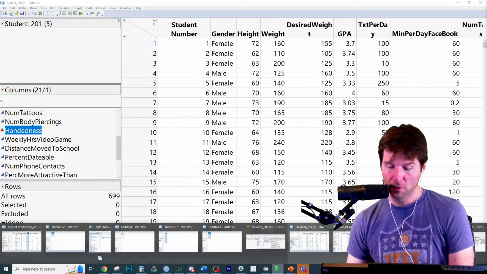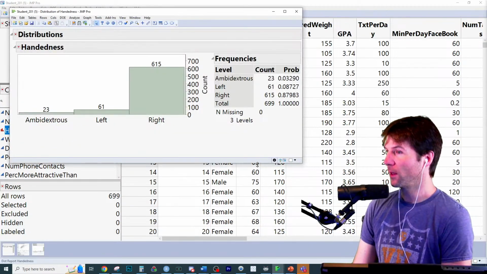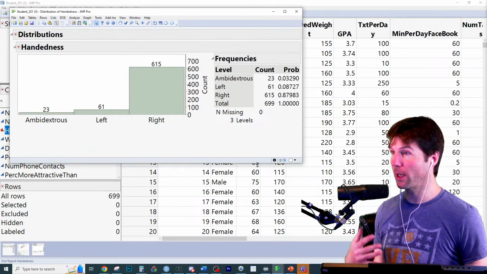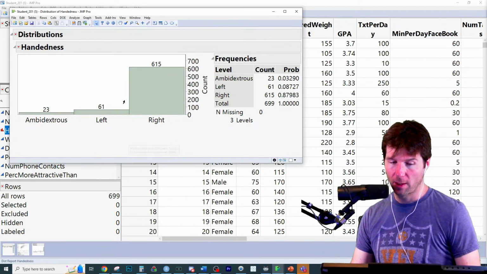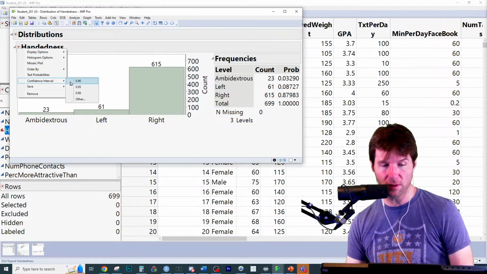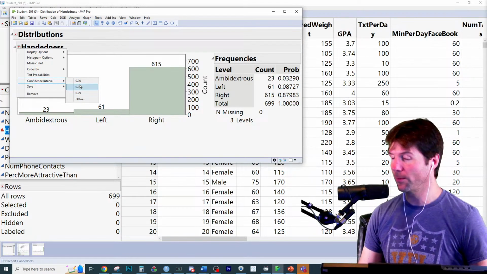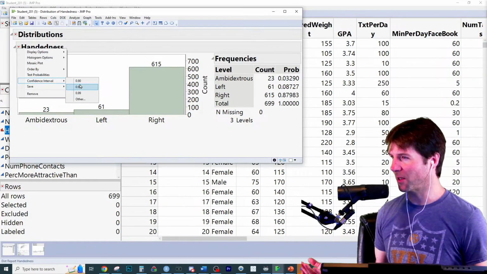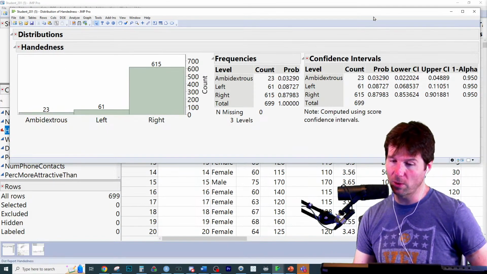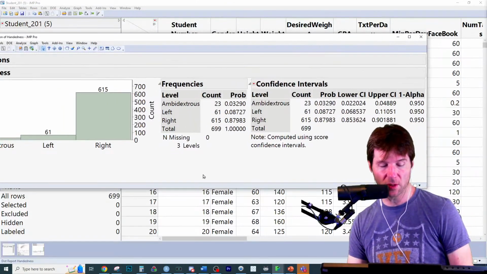Yay! So when you're doing this right here, the major important part of it is understanding confidence intervals and knowing how to interpret confidence intervals. Because with confidence intervals, you want to go here to confidence interval and insert the right percentage that you're doing. So a lot of times we do 95% confidence intervals. You can click other and enter in any other percent you want. And so here you are right here with your 95% confidence intervals.